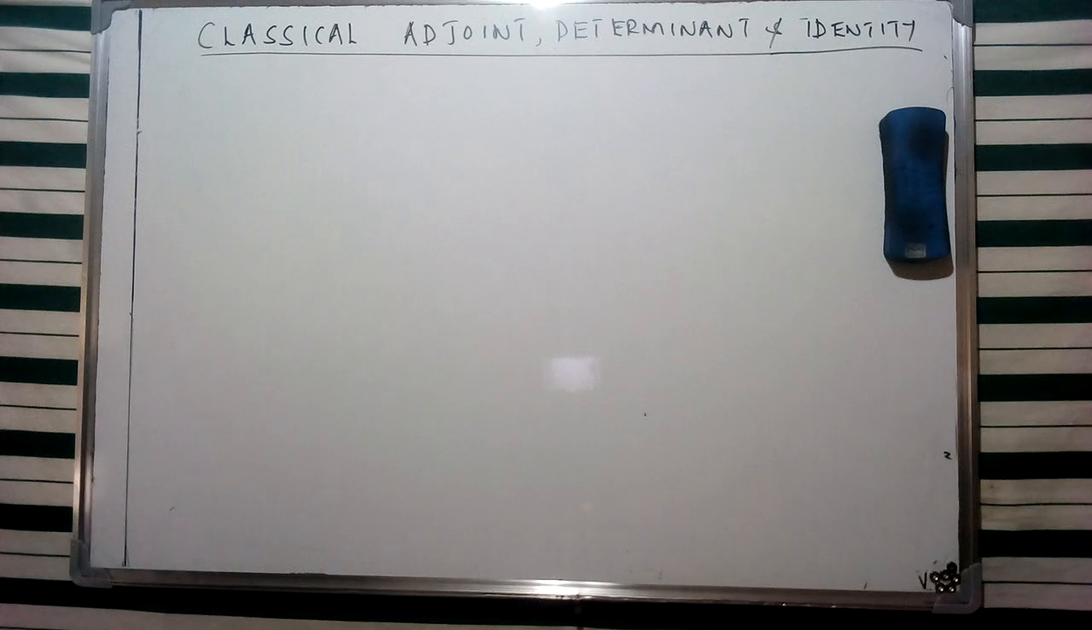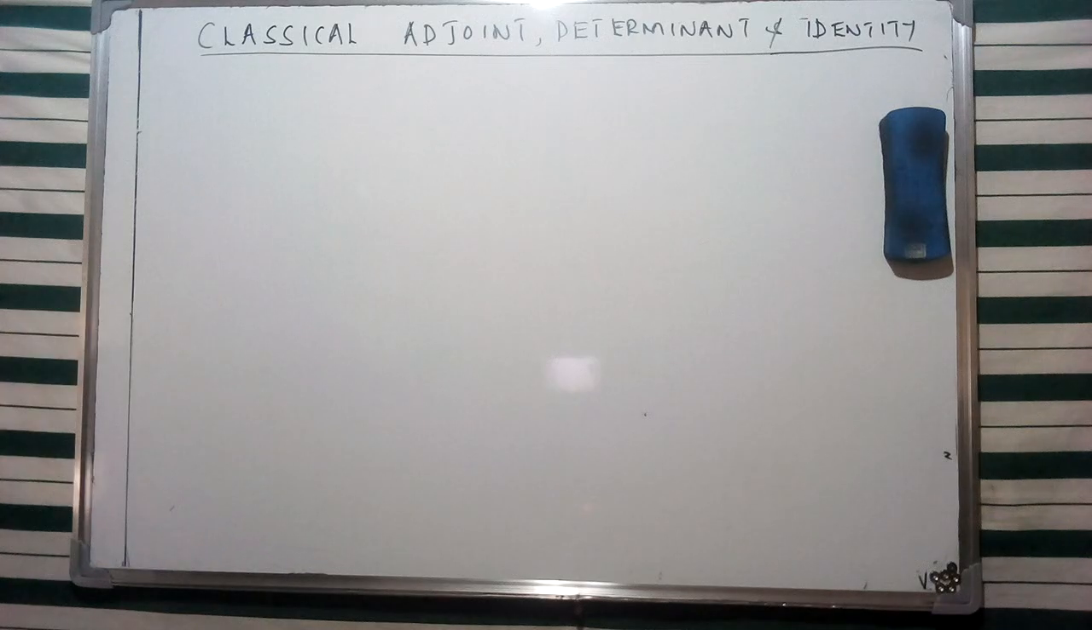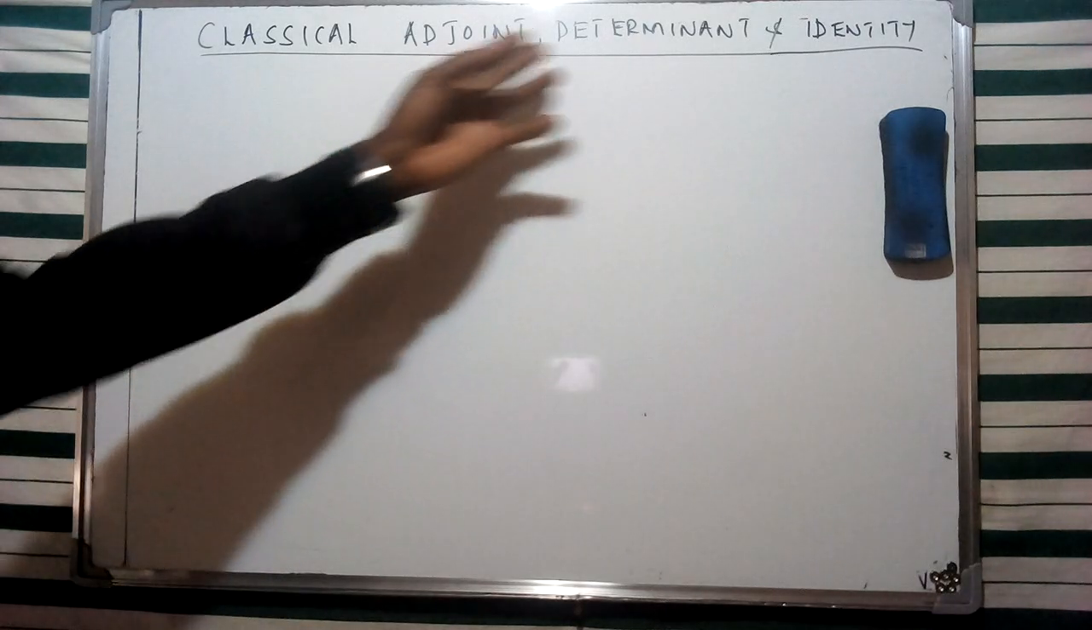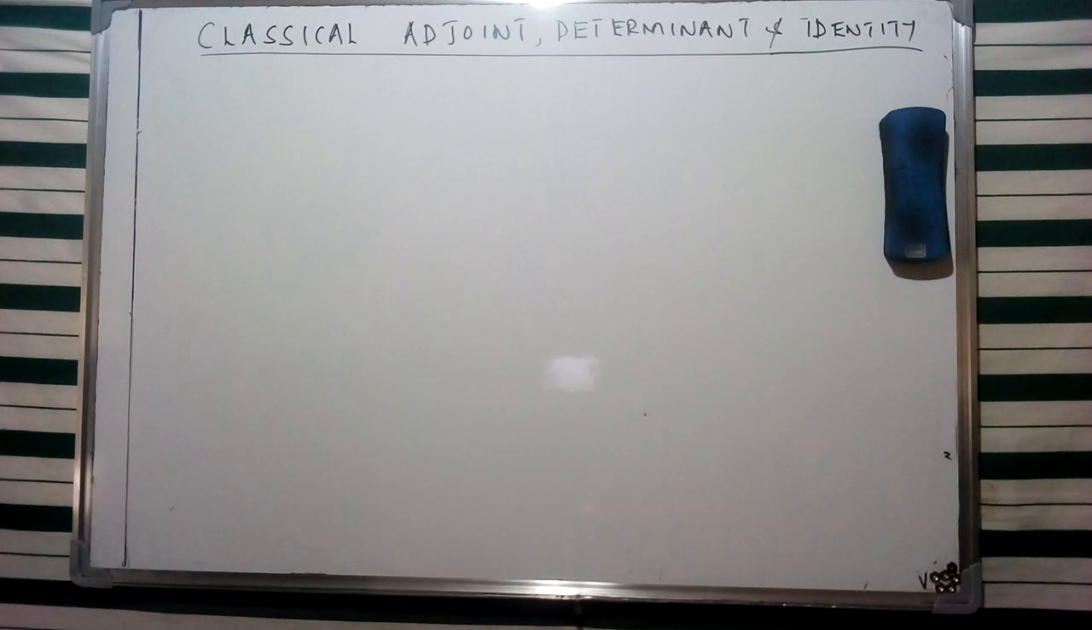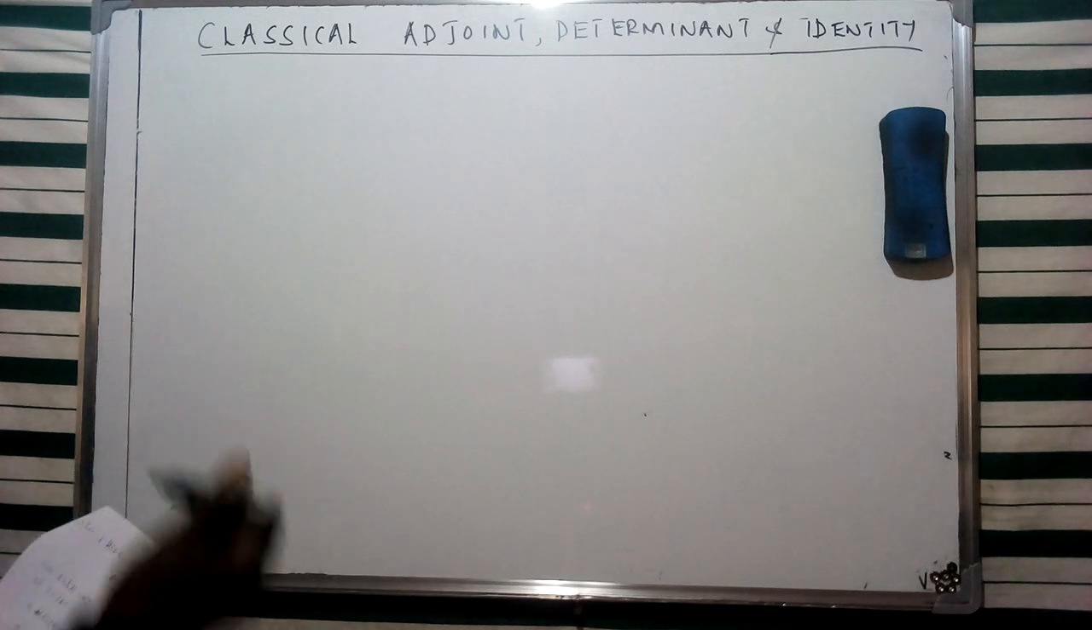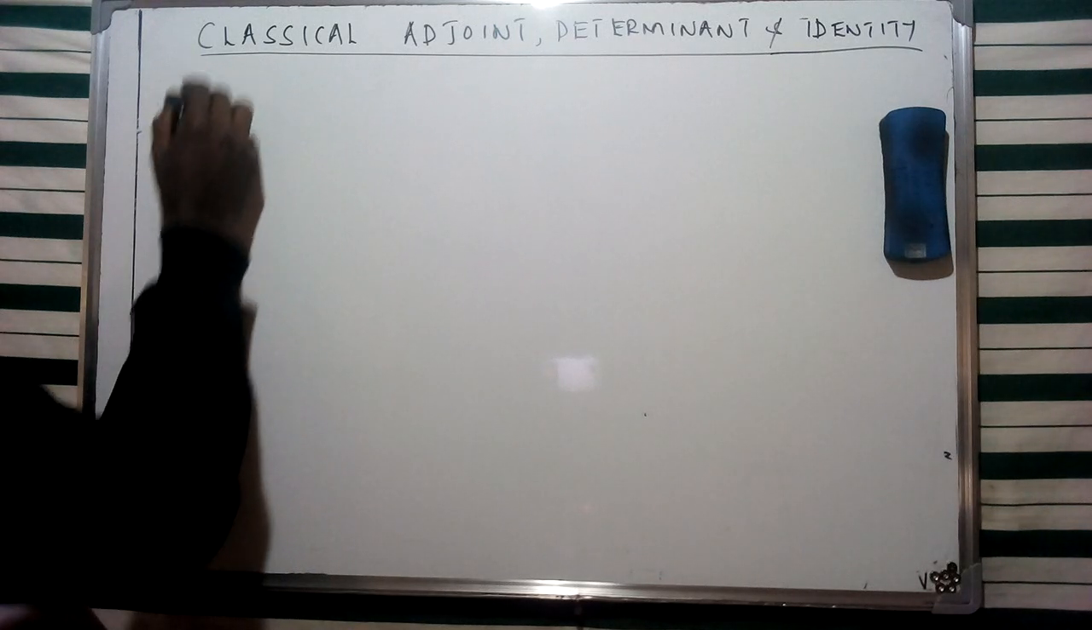So, in our discussion today, we're going to look at the relationship between a classical adjoint, a determinant, and an identity. And of course, this is going to give us a reference of finding each of the specific aspects which I've mentioned. Now, this is going to stem from a relationship whereby we're going to have this relationship given